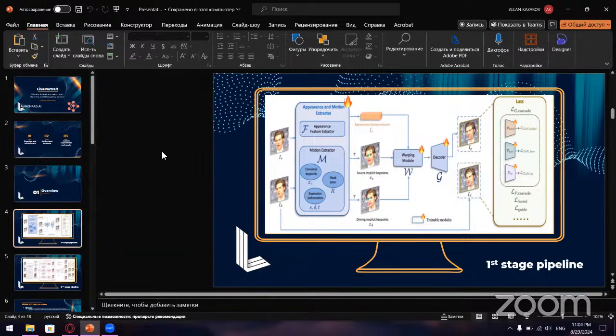The way it works actually is pretty straightforward, is that we have two extractors. We have appearance and motion extractor. So what these basically do is that appearance extractor apparently extracts the